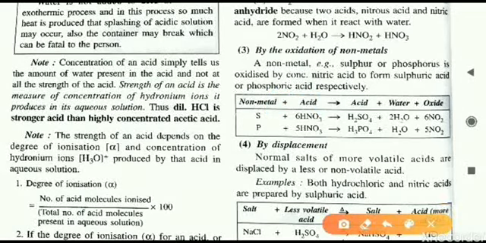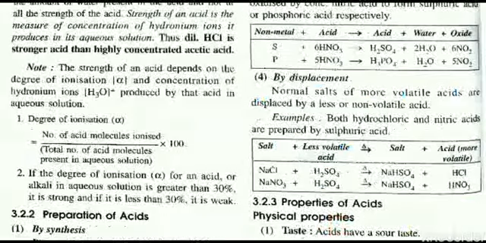Let us see the reaction now. Two reactions are in your syllabus. One is given with sulfur and one is with phosphorus. So if you are using sulfur, you will get sulfuric acid. If you are using phosphorus, you will get phosphoric acid. Apart from this, one thing is common. In both reactions water is produced, and in both reactions nitrogen dioxide is produced.